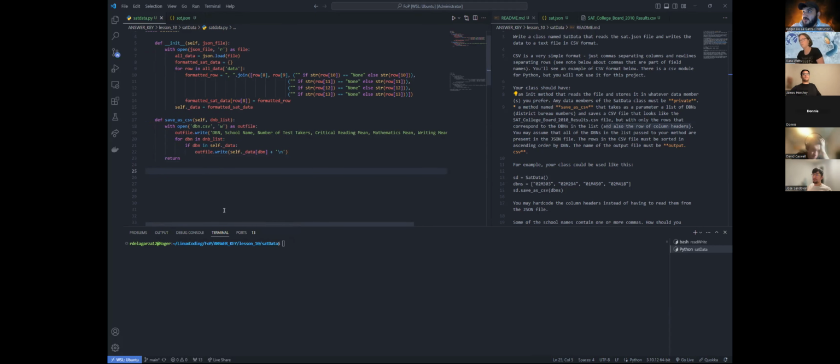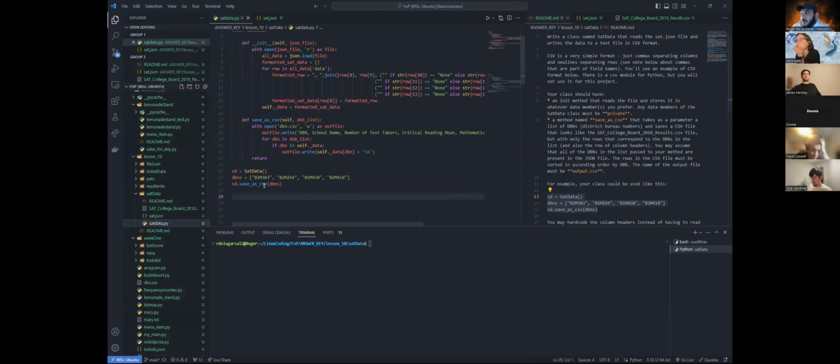And we should be good to go. Now, we should be able to copy and paste the example. Line 25 is going to instantiate the class SAT data. This is going to be our list of DBNs, and then we pass it the save as CSV method. Let's go ahead and do Python